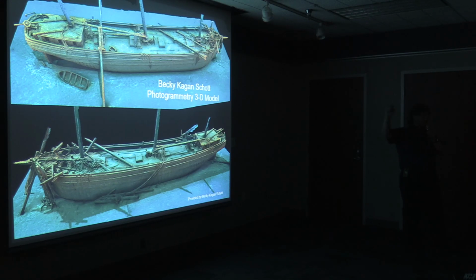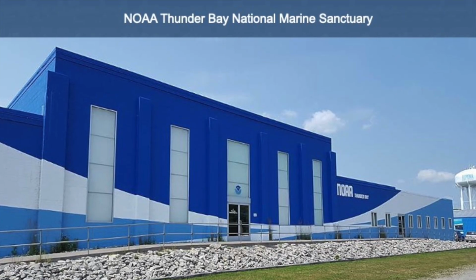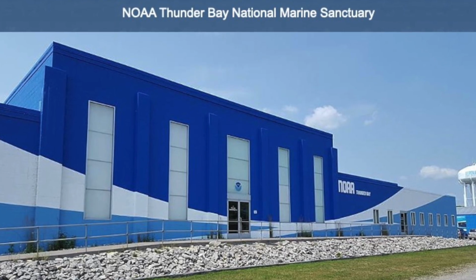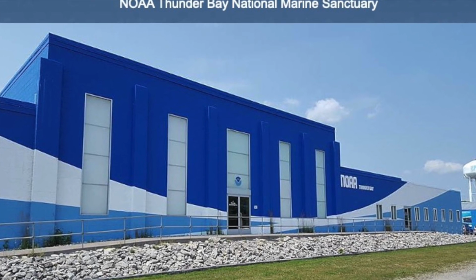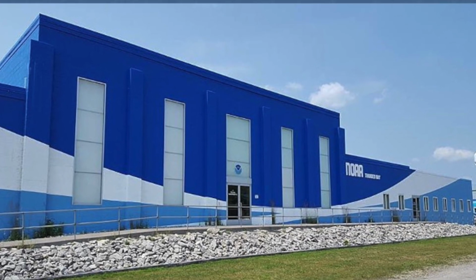But the Windiate keeps coming up because the Windiate really is an incredible ship. And how many people here would like to walk on the Windiate's deck? Well, you actually can. So this is the NOAA Museum in Alpena. And if you go there,